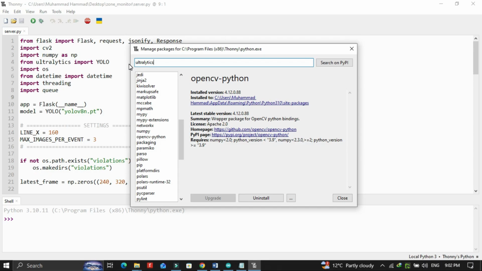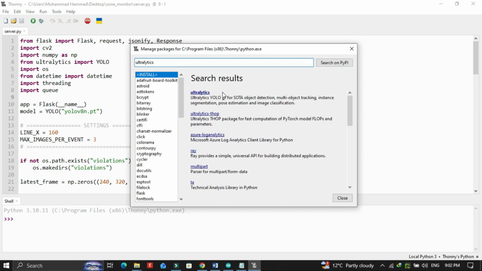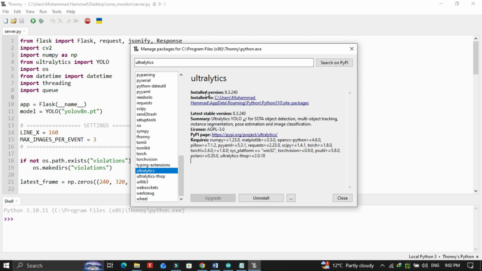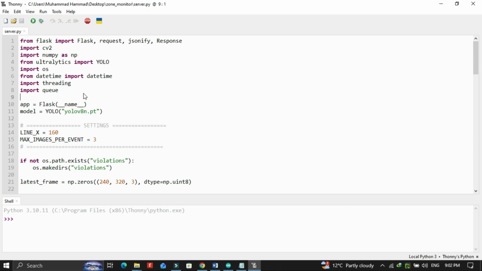As you can see, I have already installed all these libraries. Make sure you install them one by one so everything works perfectly. This is super important to run our YOLO model smoothly.